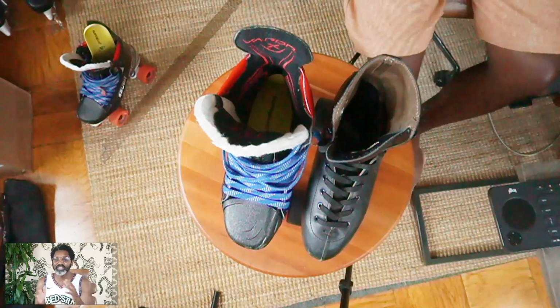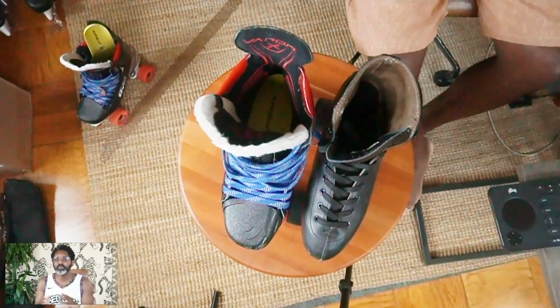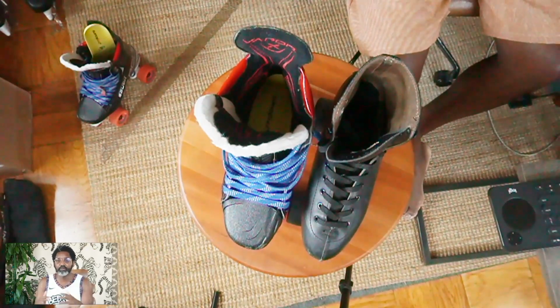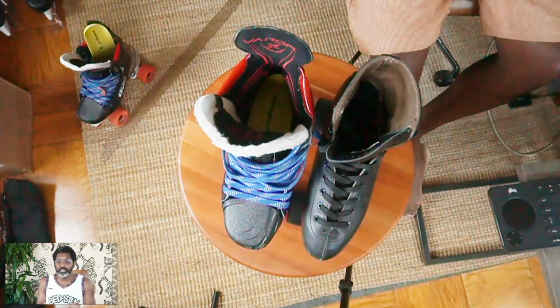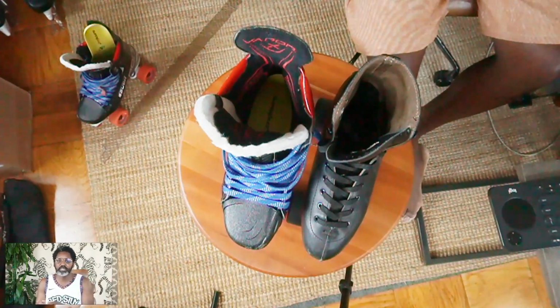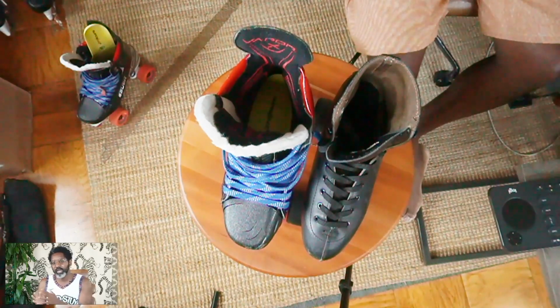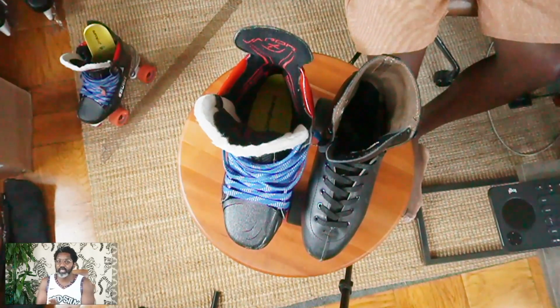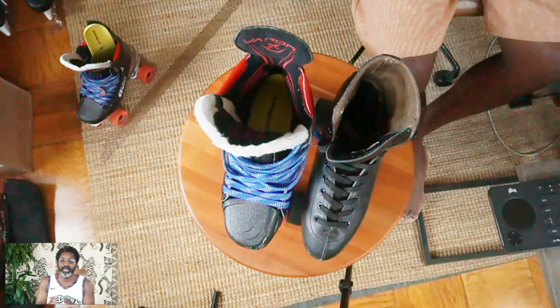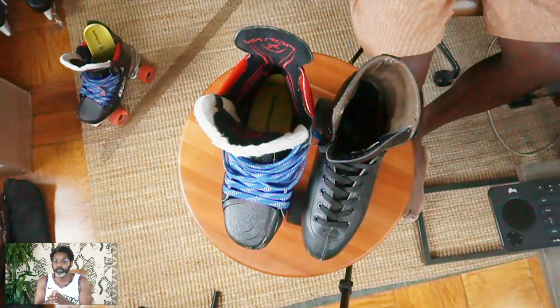In regard to skates, there's things that you can do as well to have a better footwear experience. The first thing is that all the same rules apply for skates that you use to improve upon your footwear for your shoes. You want to have a size that is a little bit larger versus smaller. You also want to be able to have a size that is a little bit wider than it is narrow,